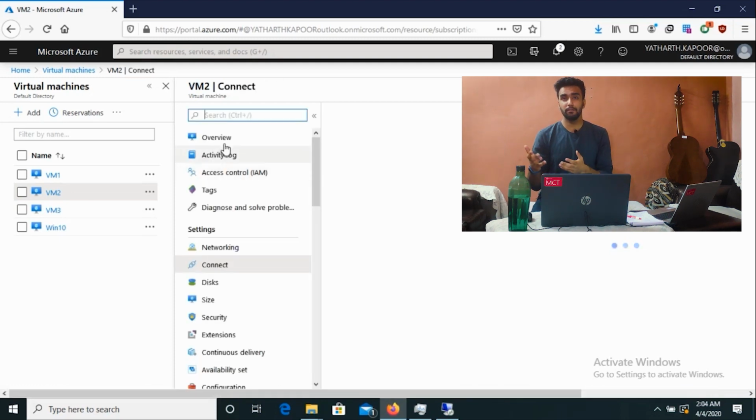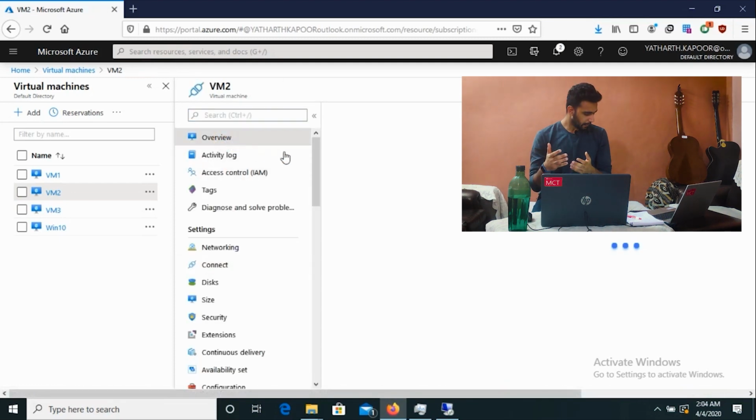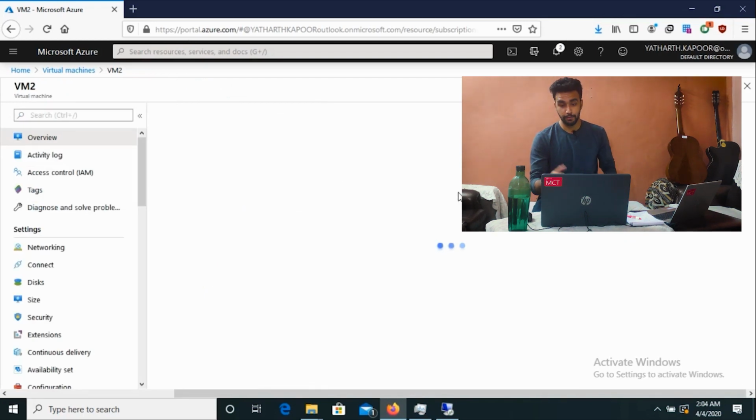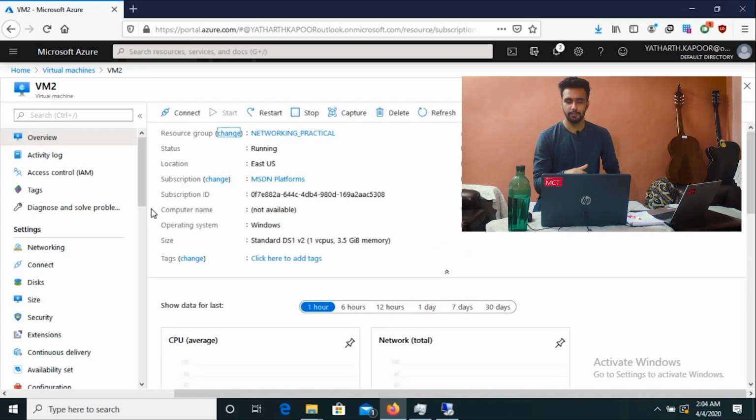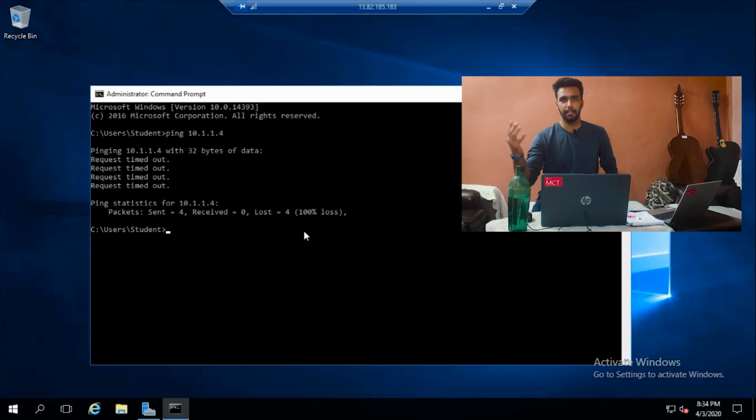So you can check the IP address of the second virtual machine. You would see it right here. It's going to be 10.1.1.4, 4 being the first virtual machine in the network. You can see it, 10.1.1.4. You would see above the public IP address and stuff like that. That's something else, right? That's basically to RDP into the machine. If you didn't have a public address, how would you RDP? Anyway,